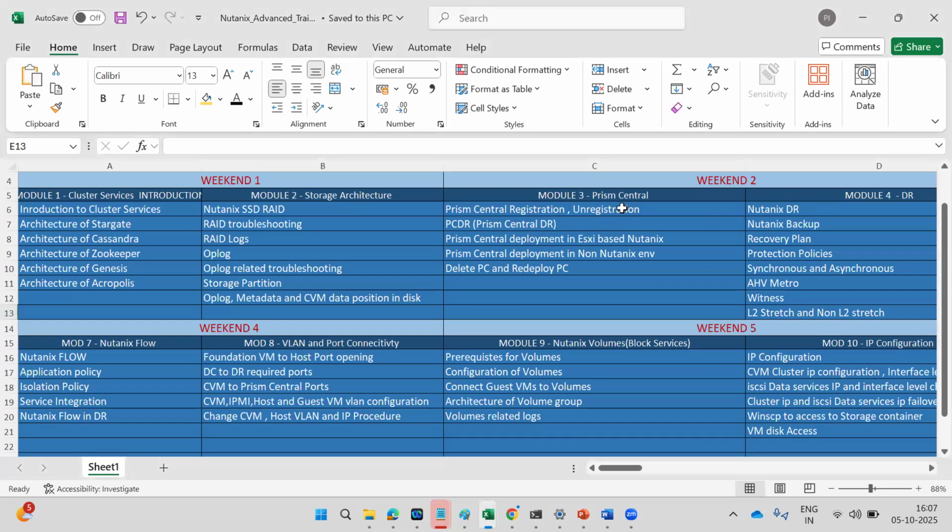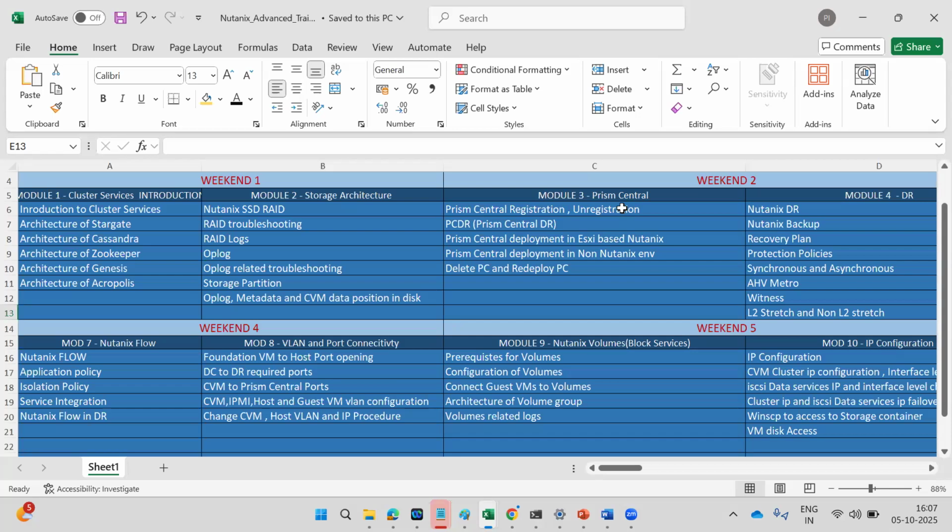but we are not going to spend more on them today since it's an introduction session. I'll take a few minutes to talk about these two, and then we can get into the QA session after we finish this. Okay. So you believe Prism Central is very important, because people who attended my training have a good understanding of Prism Central,